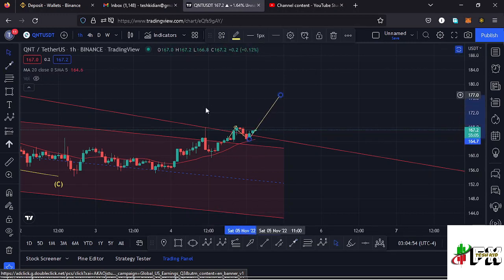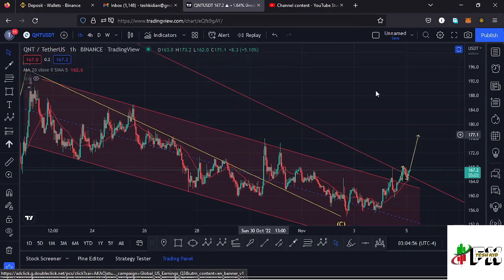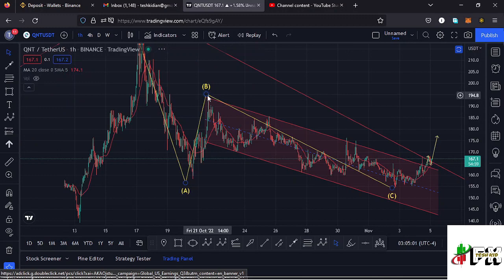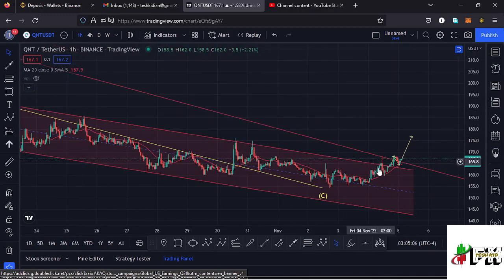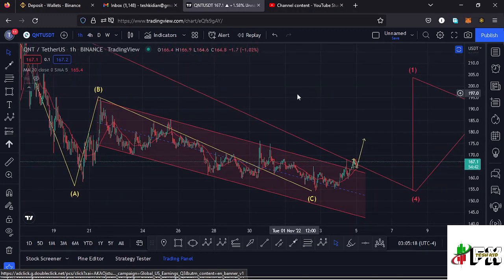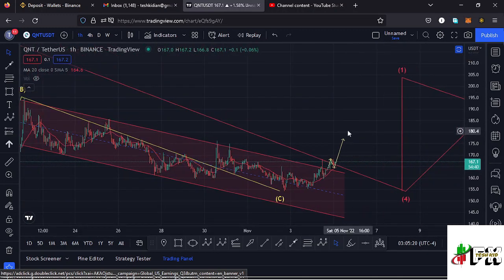and that movement could take us back to around the upper side. That is where the channel all started, at around the wave B high, and that is at around the $195 mark. So there is a possibility once we see a retest of that upper side of the channel, we might continue pushing higher, manage to break above any other key areas of resistance that we might have in between here, and get back to around the $195 mark. And in that movement, we need to have in mind that might be the formation of a fifth wave